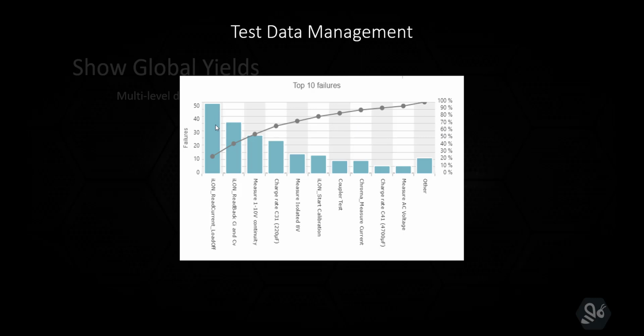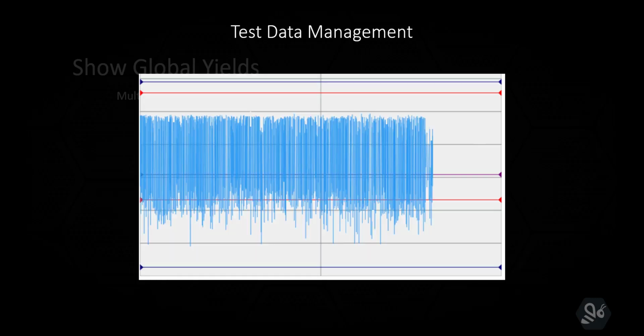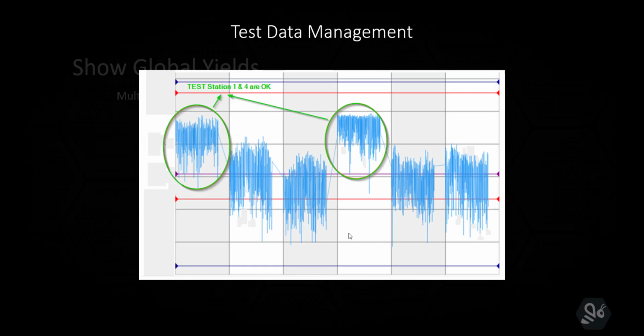So let's click the first one, the Island read current load off. This is the test that is failing the most. It will show me the actual data from that test. So here in this picture you see my high limit and my low limit down here in the messy data. So all the failures here are against the low limit. It's, as you can see, a little messy picture, but in WATS I have a method and a way to help you navigate further into the information, because hidden in here,